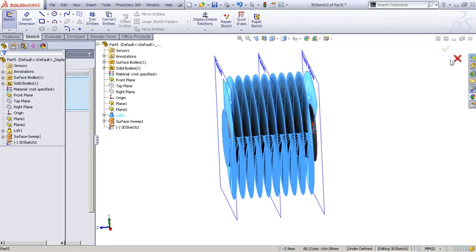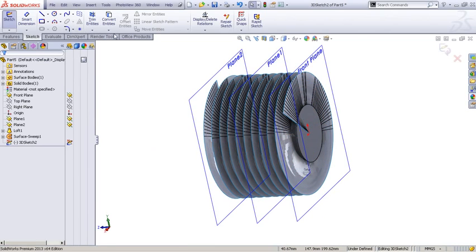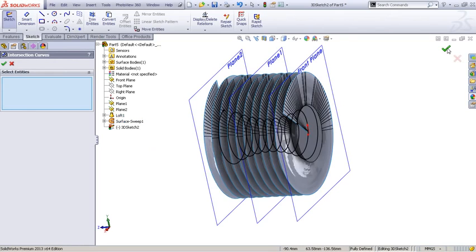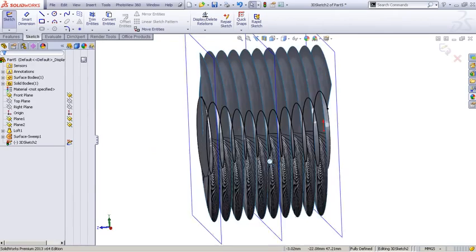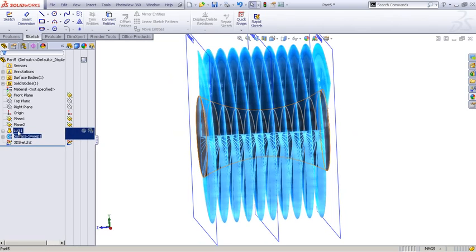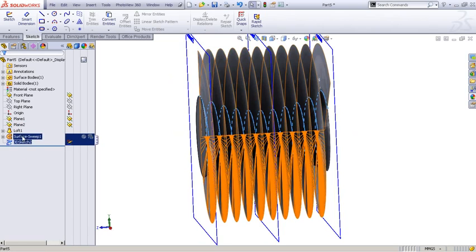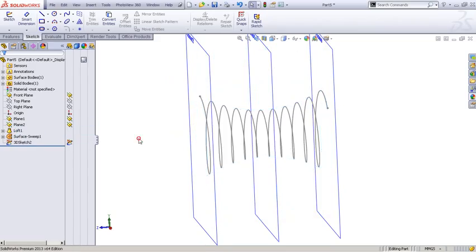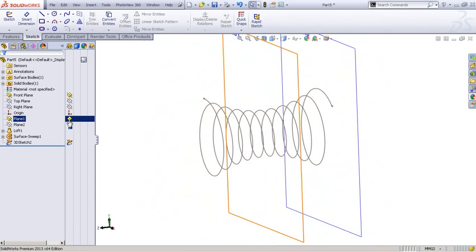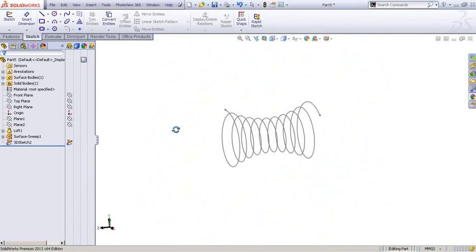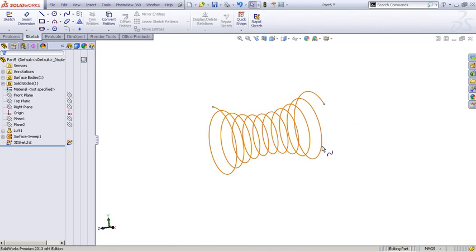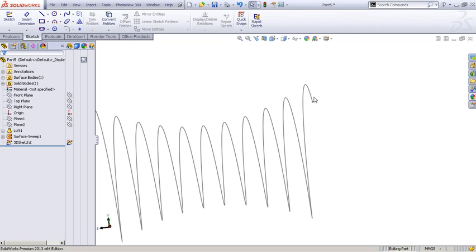When you accept this and hide these two objects, you can see what we got. A pretty interesting result, eh? The rest of the process is pretty easy. All we need to do is